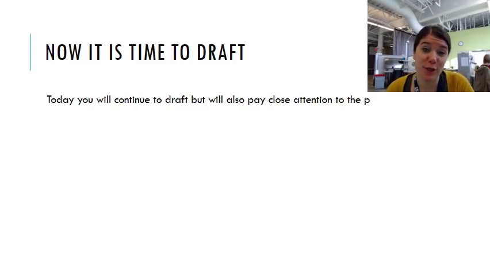So now it's time to draft. You will continue to draft today, but first reread the work that you did yesterday, specifically when you focused on your thesis, and then start to think through your body paragraphs. Where are you going to put evidence in? Where do you need more explanation about the evidence that you put in? Did you cite the evidence that you used inside of your essay with the author's last name and page number? These are things that are going to make up your grade for your